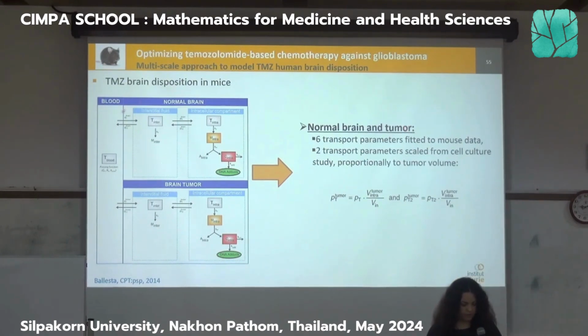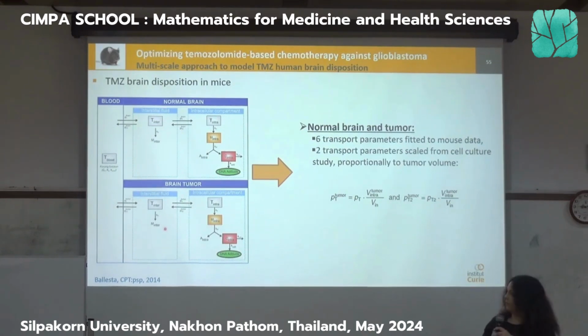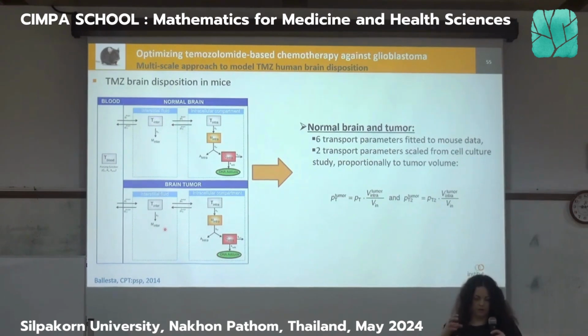So here you have the blood compartment, so remember this is the forcing function. And then here you have the brain tumor, so exactly what I described, where you have the extracellular compartment. In the in vivo case, we call it the interstitial fluid. This is where the cells are in, let's say. They are not floating, they are in.